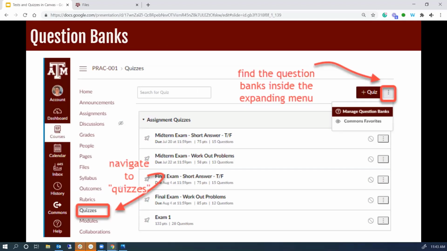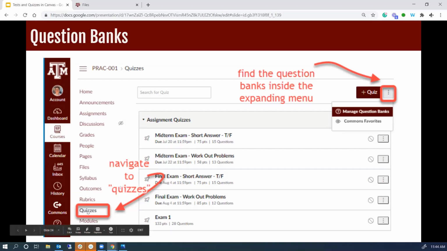All right, so moving forward to question banks. This will be pretty much the last topic we'll go into. Question banks are what was called question pools. The most important thing that you probably need to know about question banks is how to find them, because when I started working with Canvas, this stumped me over and over again.